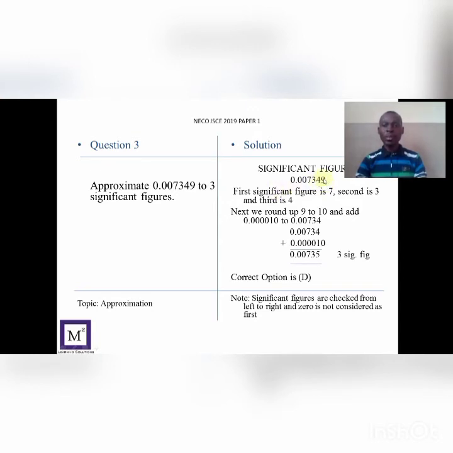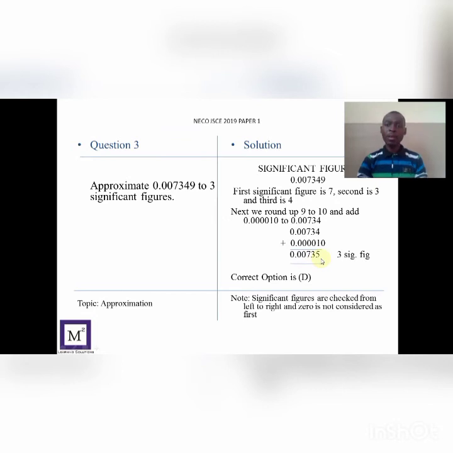Okay, so when we round up 9, obviously it's closer to 10. But because it's a decimal number, we'll write our 10 as 0.000010. You notice that before 4, there are four numbers. And that's why you have these 4 zeros. And since this 9 is rounded up to 10, you have 0 replacing 9 and 1 coming to the place where you have 4. Therefore, you have this as an approximation of 0.000009. Okay, so then you add this to your 0.00734 where we stopped initially, and that gives you